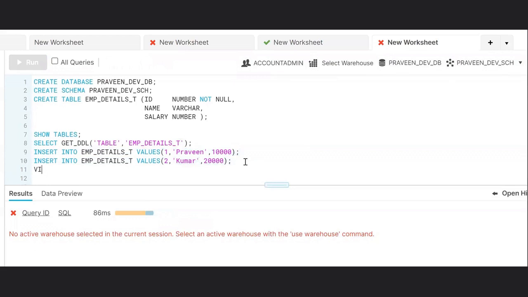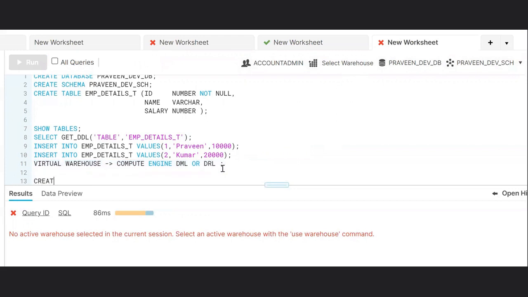A virtual warehouse is a compute engine. If I want to perform any DML or DRL, compulsorily we should have a virtual warehouse. So for this purpose, what am I trying to create? One virtual warehouse. Create warehouse